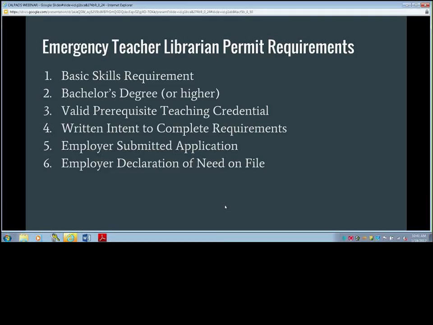Okay. What authorization on the full-time designated subjects credential covers the teacher librarian? There's not going to be an authorization on any of the prerequisite credentials that covers the librarian services. What the prerequisite credential does is satisfy the requirement in order for them to earn the teacher librarian credential. It is a separate document, so they would be earning a completely separate document. There's no authorization listed on a designated subject or a CTE credential that would authorize the librarian services.